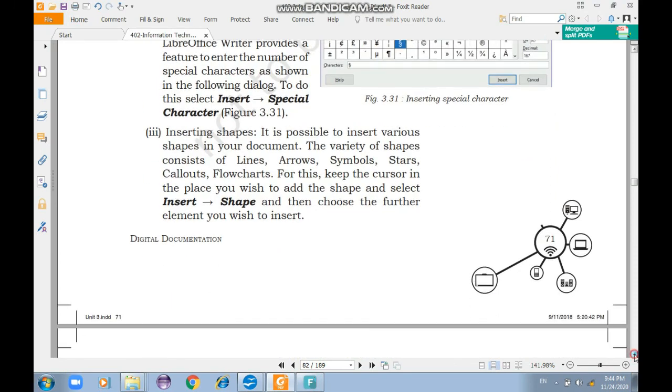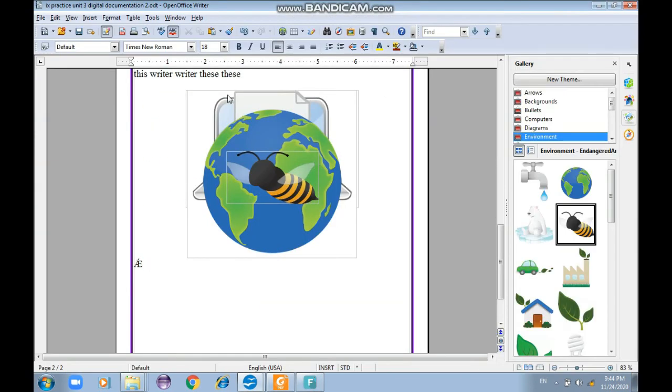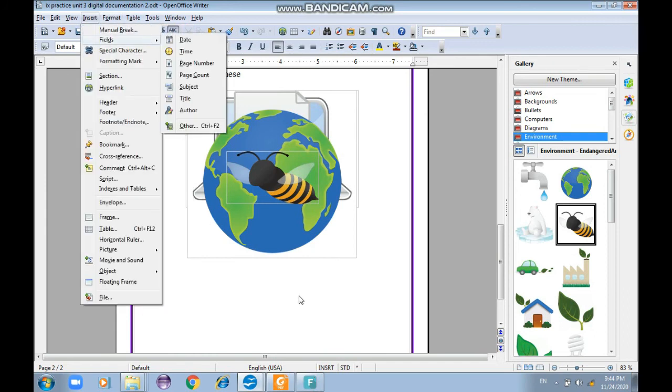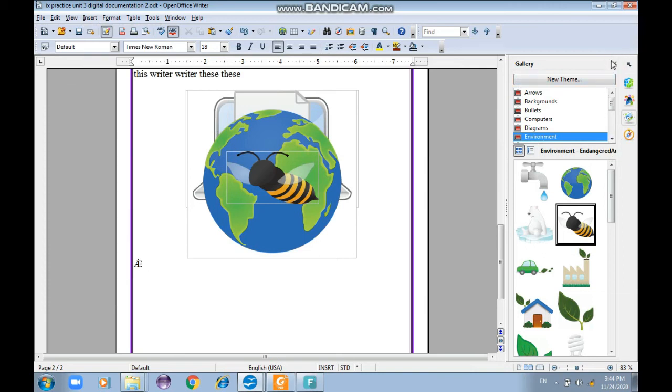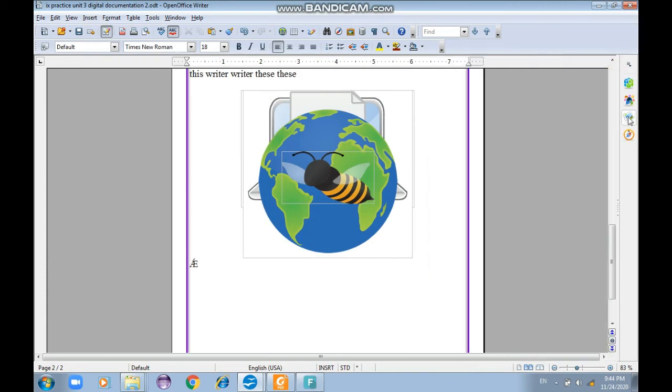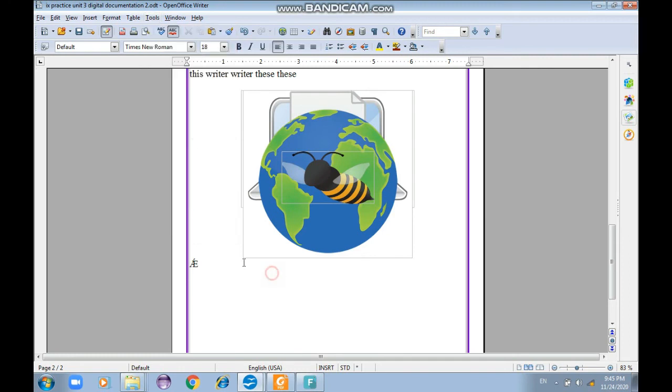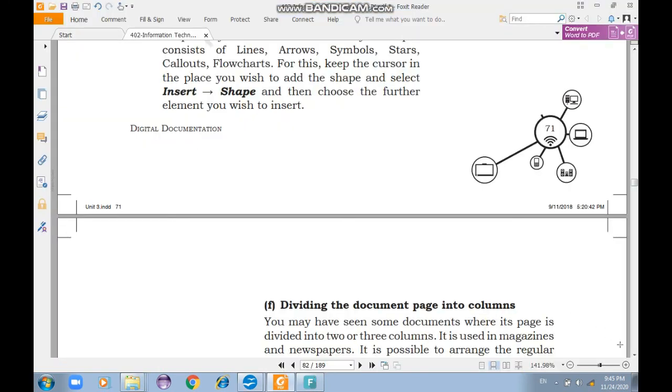Okay. And next is your shapes. Different kind of pictures you can insert there, right? Different kind of shapes you can insert. And this bar, you can delete this bar also, just right, you can insert the gallery. This is the gallery, or you go to tools and this is the gallery. Okay, and